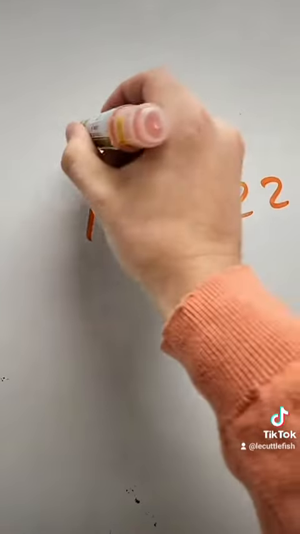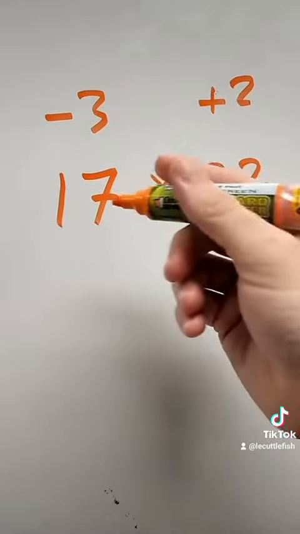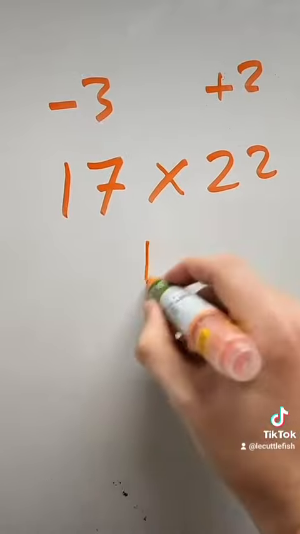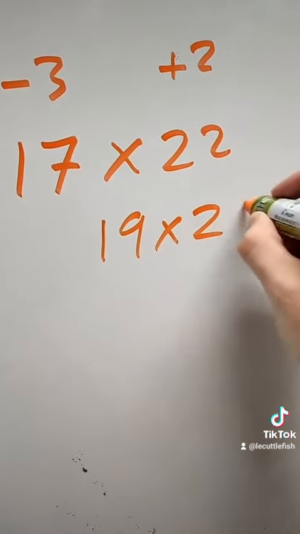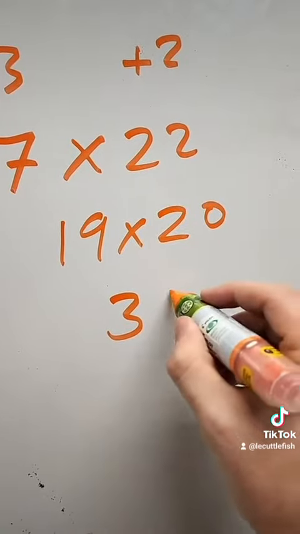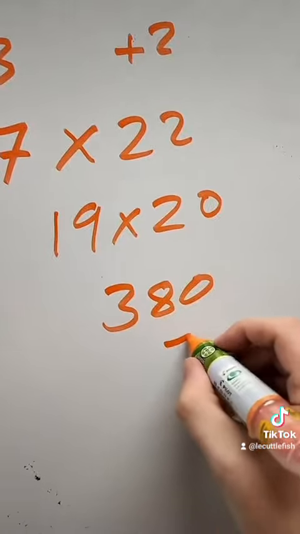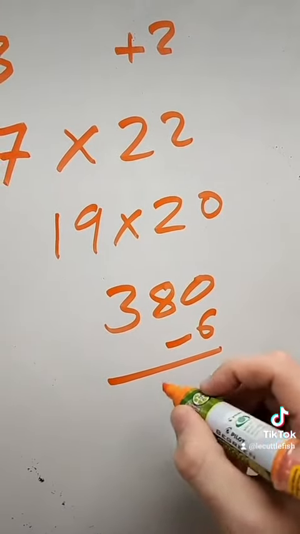So this one is actually 3 less than 20. This one is 2 more than 20. We're going to go ahead and do the same thing. So 17 plus 2 is 19, and we have to multiply that by 20. So 19 times 20 is 380. And then we come back up here. What's 2 times minus 3? It's going to be minus 6. And then that leaves us with our answer of